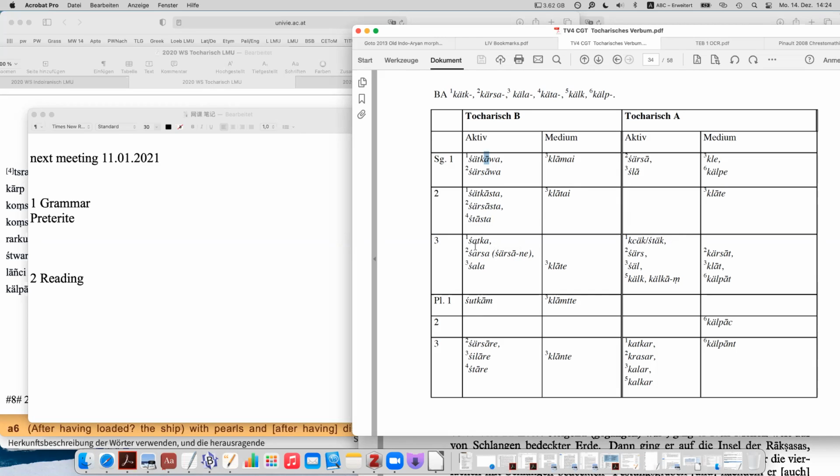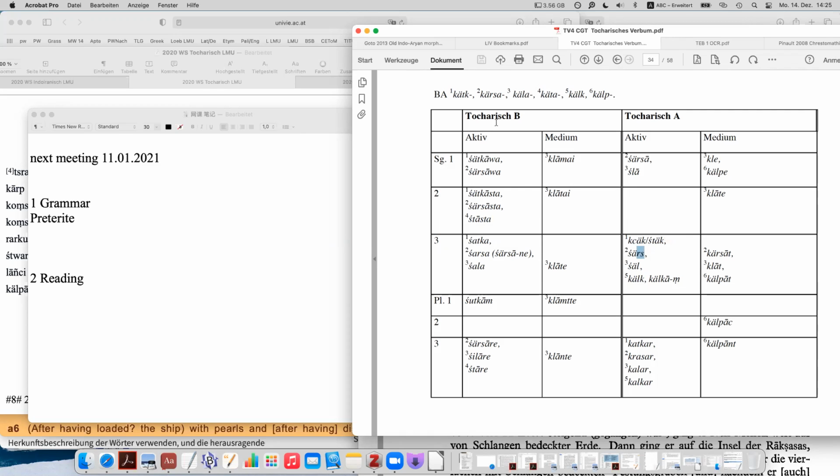Because the third person singular ending is actually zero, we don't have it. But you will see that erth is kind of an exception. Erk is also an exception. It means that if we have a liquid, erth or erk, it is possible to have two consonants at the end. But otherwise, if you have a dental plus velar, you would usually change the syllable structure a little bit. So this is actually the reason.